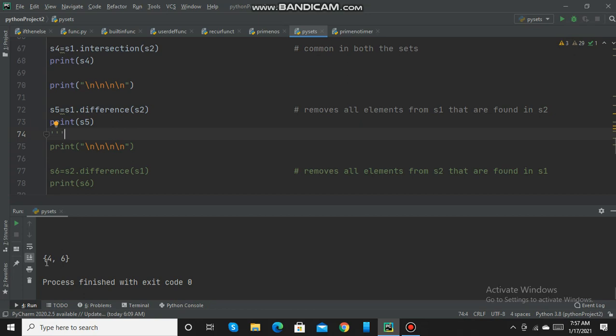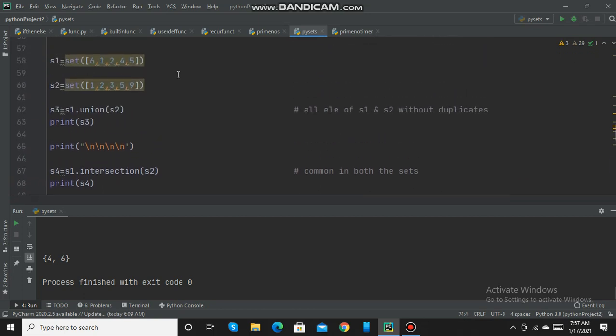So here we have got 6 and 4, which were present in S1 but not in S2.